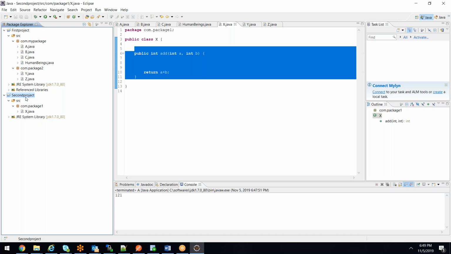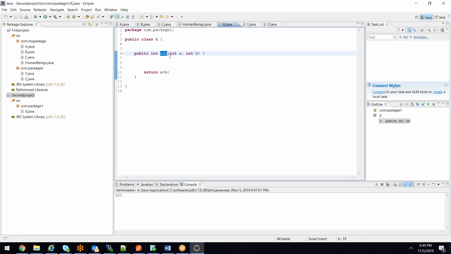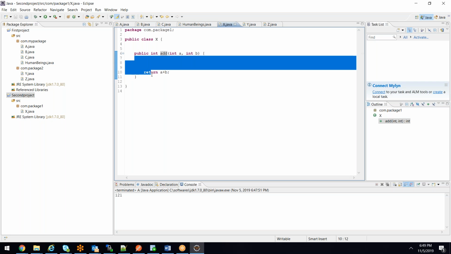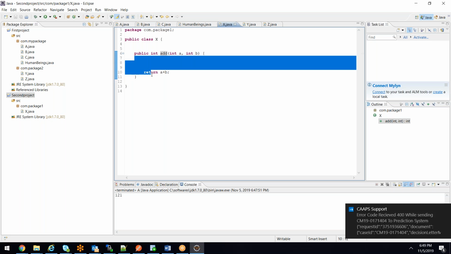Getting it? So if I want to add numbers, I can call the method written by Divya, and then my purpose will be solved. Because when I call this method and supply those two numbers, all the logic inside the method will be executed, and finally the sum of those two numbers will be returned to me. Is everyone following what I'm trying to say? I don't want to spend time again to write the add method.